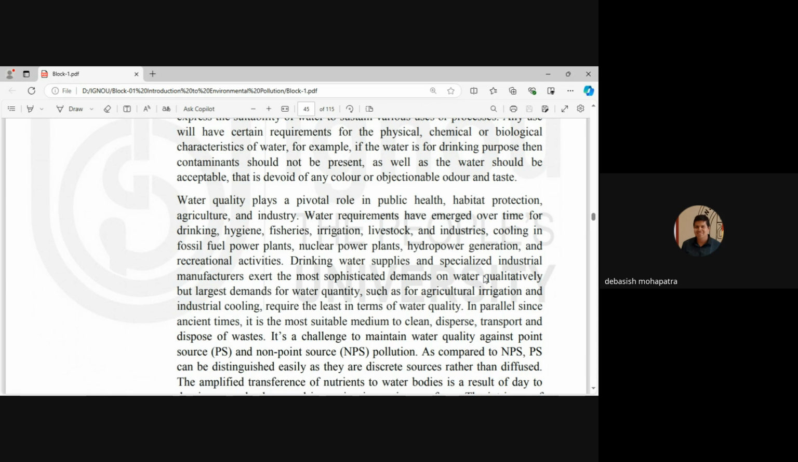Drinking water supplies and specialized industries, manufacturers, exports make the most sophisticated demand on water quality, but large demand for water quantity, such as for agriculture, irrigation,